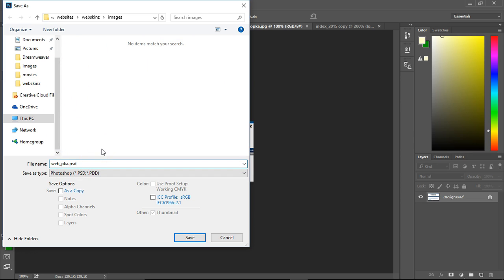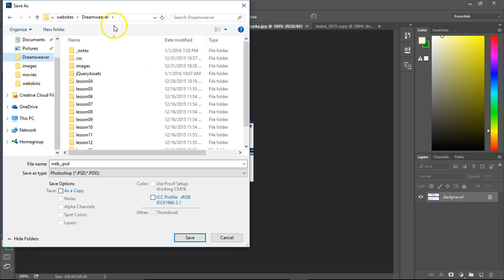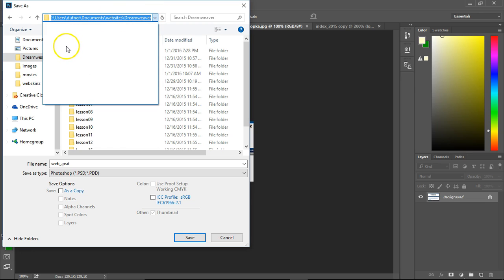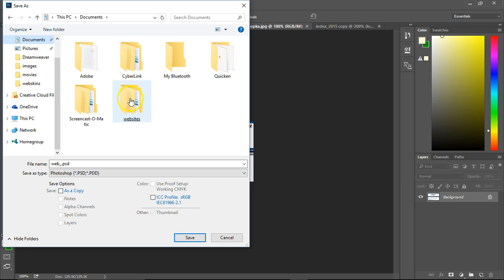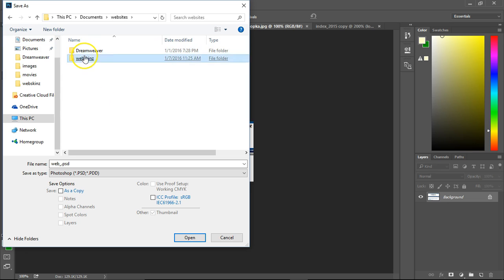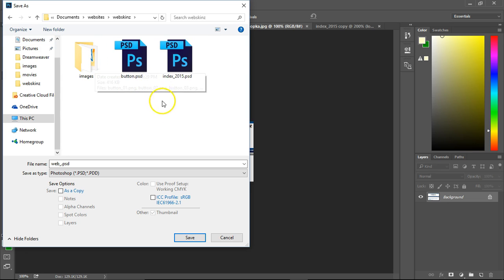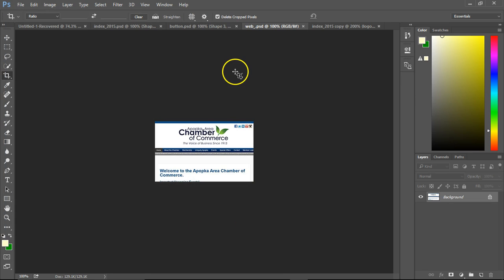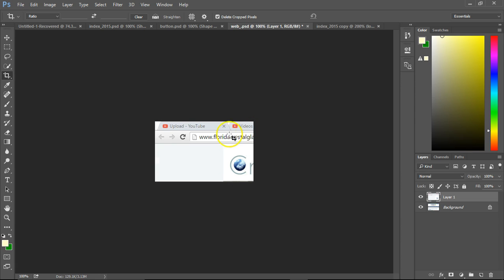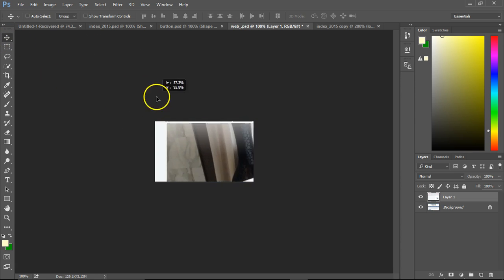I'm going to save it. These are web underscores. And I'm going to put that in my documents. Hello, where's my documents? Over here. Websites, WebSkins, and I'll put it right here next to my button.psd, my index. Click Save. Awesome. Now I paste Command V or Control V, and my image is too big, so I'm going